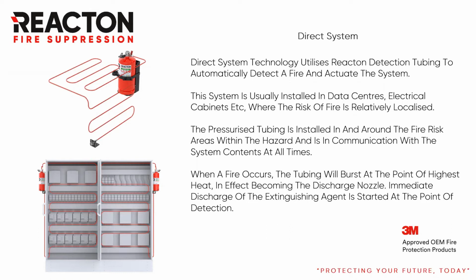The detection tube, as you can see in the below photo, is then routed inside the hazard around potential risk points. Once a component inside a cabinet fails and sets on fire, the detection tube nearest to the fire will burst at the point of highest heat, which causes the tube to rupture and create, in effect, a nozzle. The extinguishing agent inside is then expelled from this point,